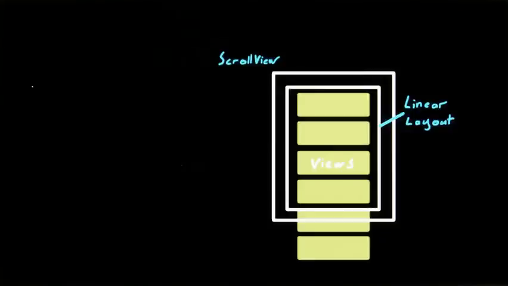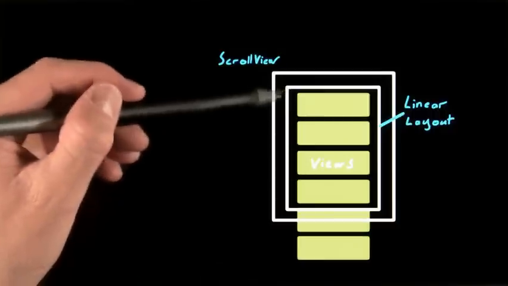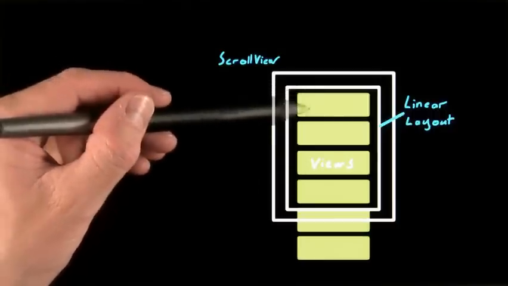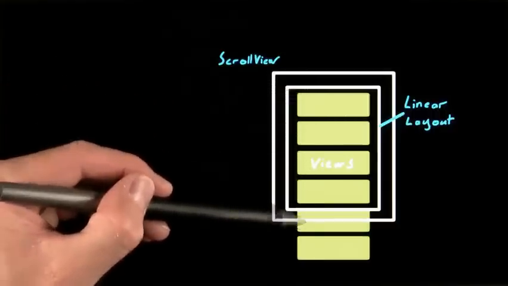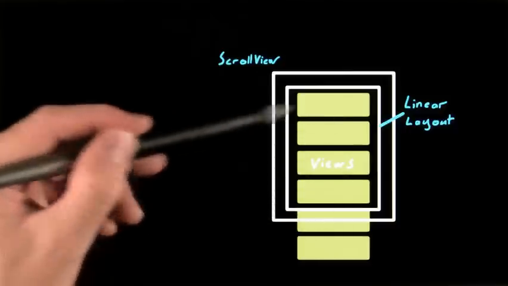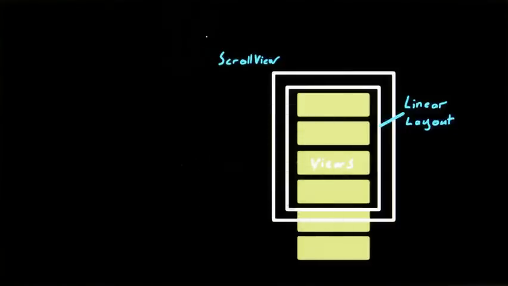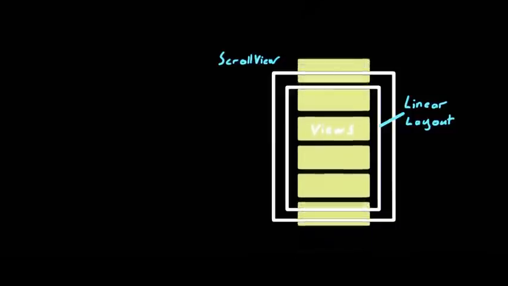On the surface, creating a list of items is simple enough. Android includes a scroll view, into which you can place a linear layout. That in turn arranges each item it contains into a vertical list. Note the items which have fallen off the bottom of the linear layout and therefore aren't currently visible in our UI. The scroll view, as the name suggests, will let the user scroll through the contents of the layout it contains.